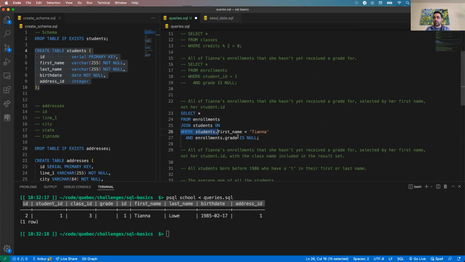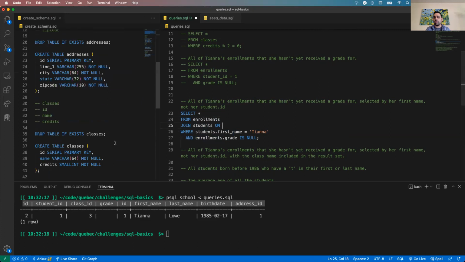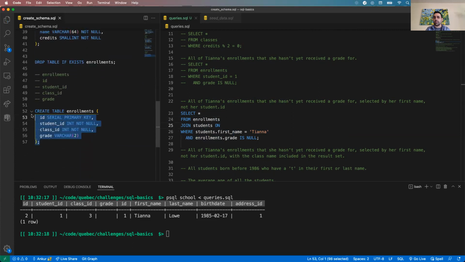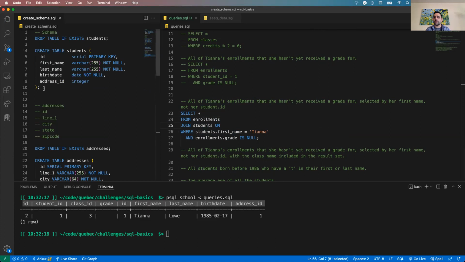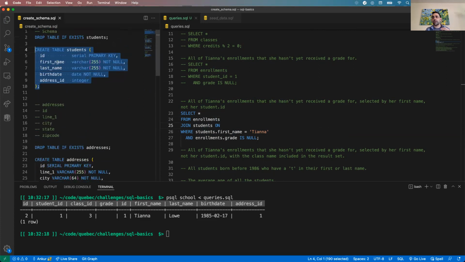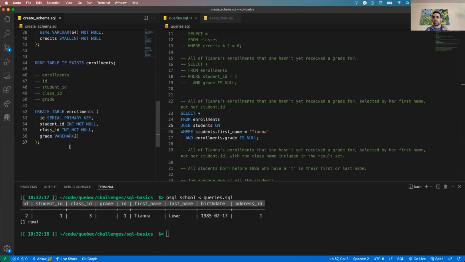So it's not going to be in our where clause. Our where clause is for our select statement. Our on clause is for our join statement. So the on clause is some condition where we say, all right, how do we match records from this table? Right, we have ID, student ID, class ID, and grade. How do we match a record from this table to a record in this table? And so we need to think about it. Well, what's the unifying column here? In this case, it's student ID,